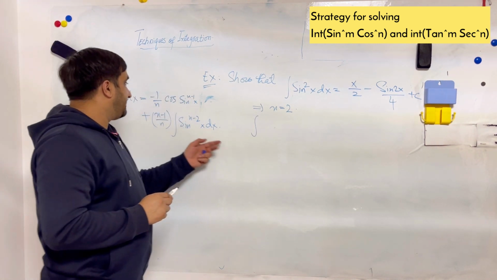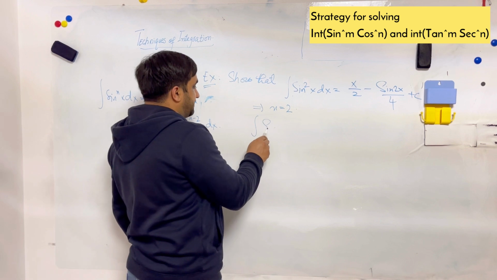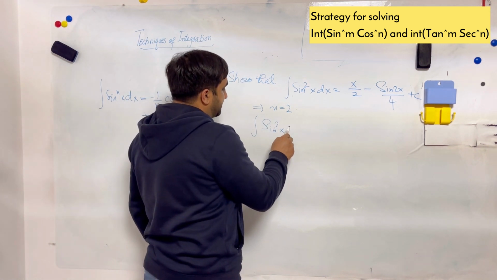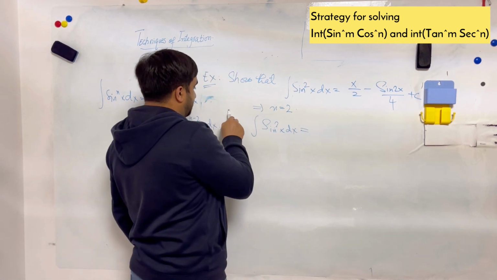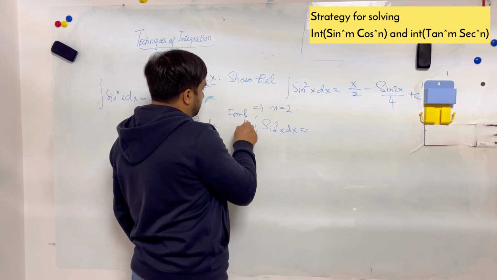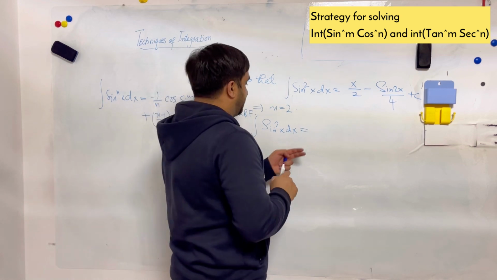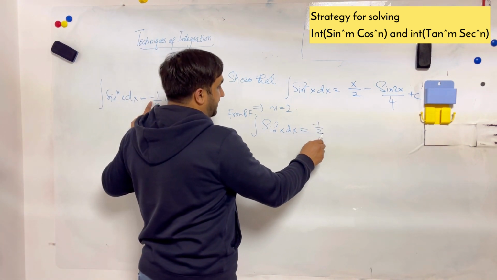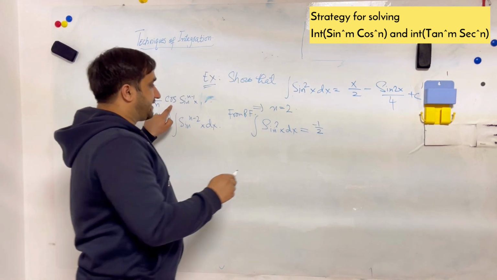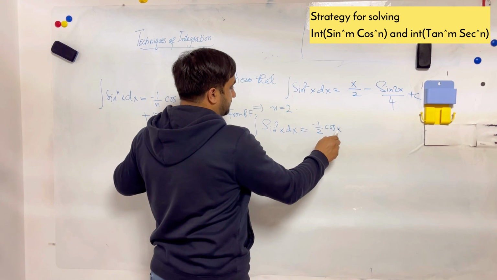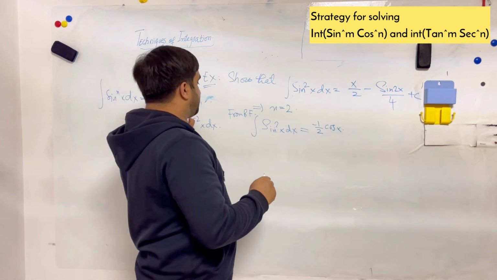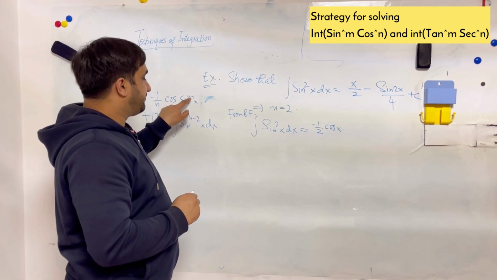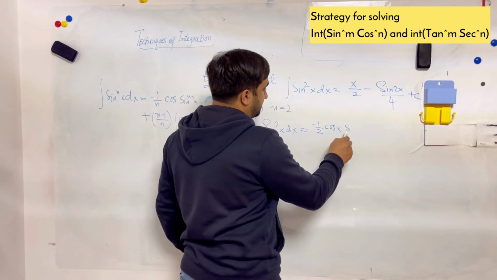When you replace n, on the left hand side it becomes integral sine square x dx, and on the right hand side, minus 1 divided by 2 cos x sine raised to the power 2 minus 1. It will become 1, so sine x